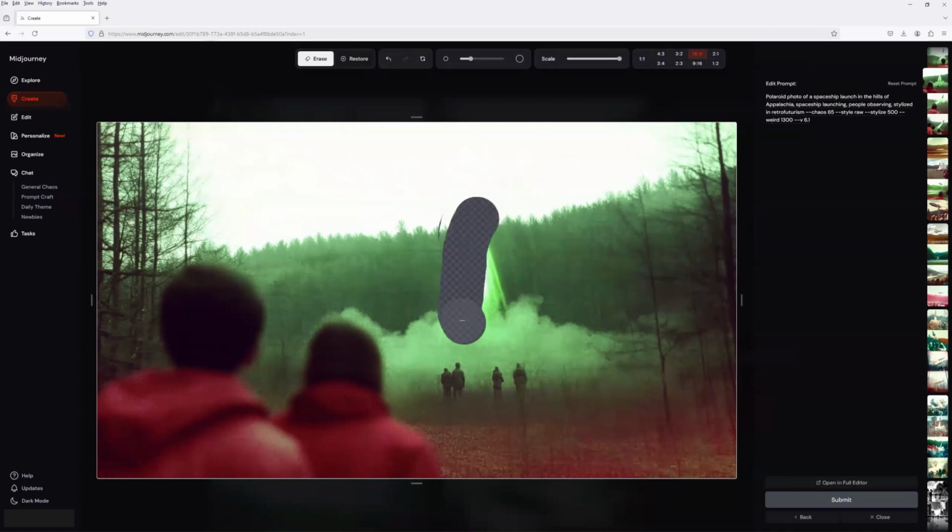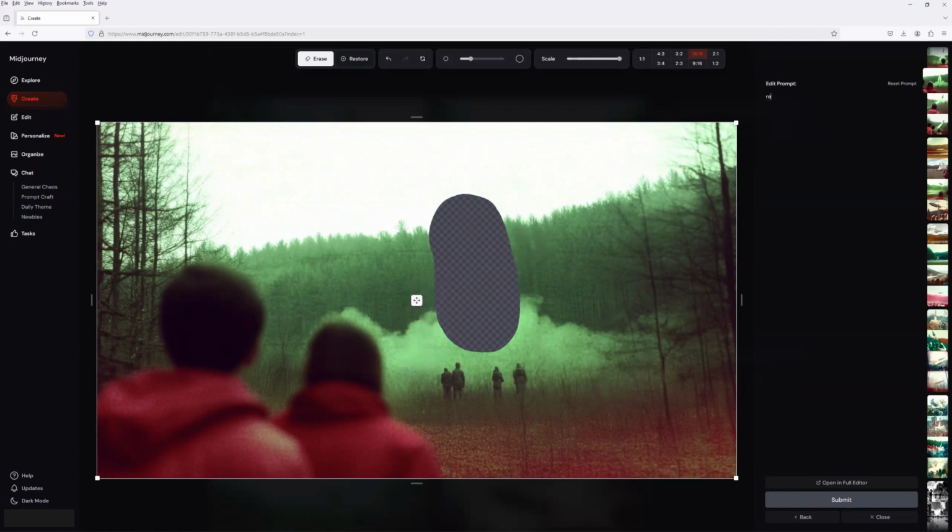Sorry, I had to do that again. I'm going to erase this spaceship. And then if you come over here, you can change your prompt and tell it what to put here. I'm going to say retro futuristic spaceship launching. And then if I hit submit,